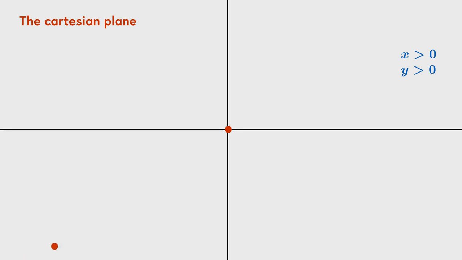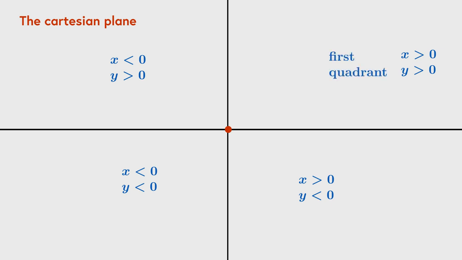If I had a point in the lower left quadrant, for example, I could proceed exactly the same way to find the coordinates, but in that case the x would be negative and the y would be negative as well. Similarly, if I looked in the upper left quadrant, I would get a negative x but a positive y, and in the lower right quadrant, a positive x and a negative y. The usual terminology for these four quadrants is in this order: first, second, third, and fourth.